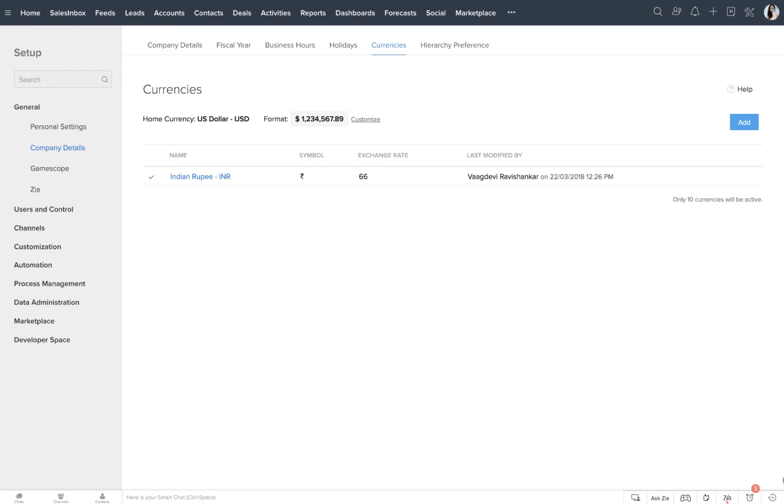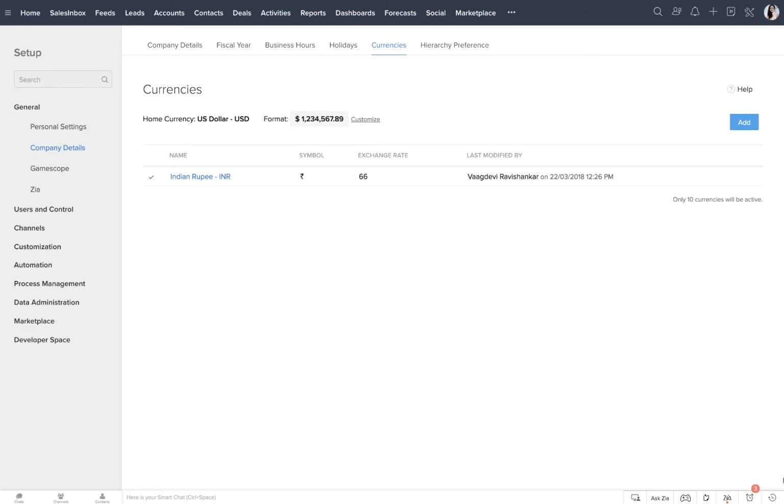But yes, if you are setting out to record transactions that you have already made, if you want to track those payments and if you want to track those business deals, record those amounts, yes, we do allow you to record amounts and make a record of these transactions in multiple currencies.